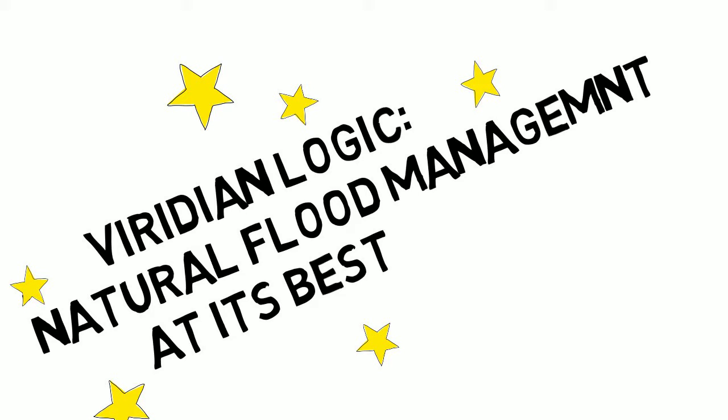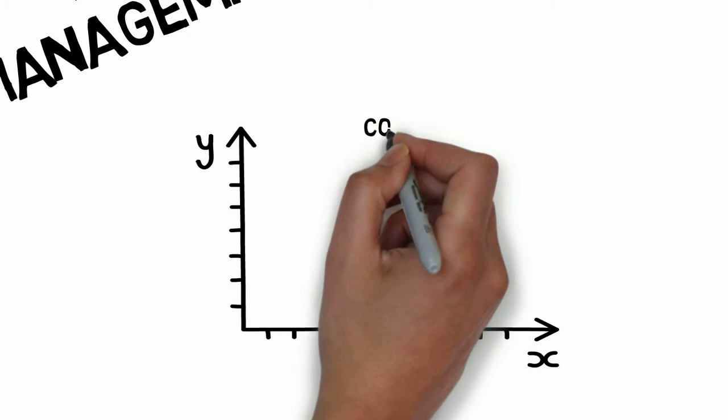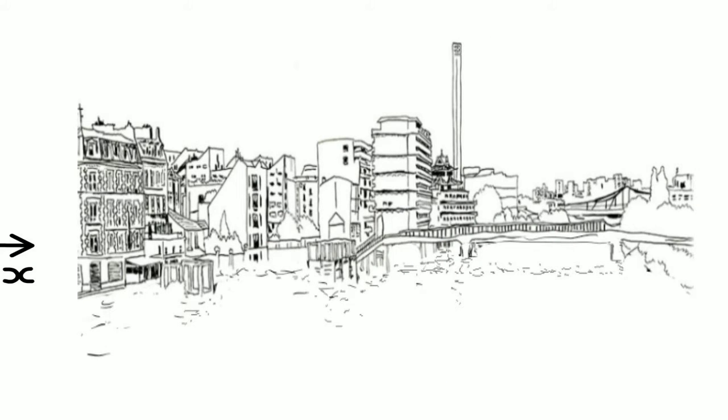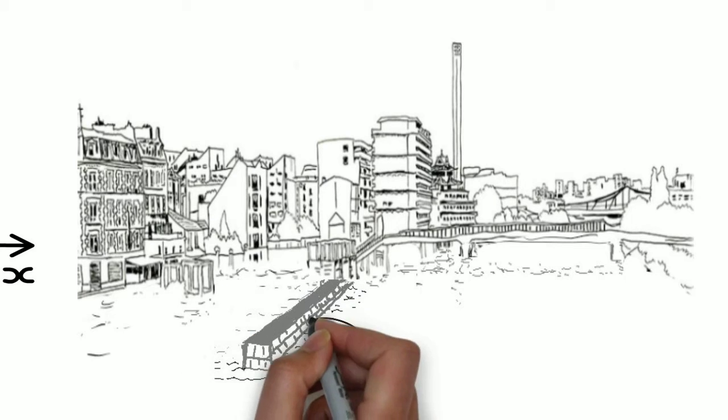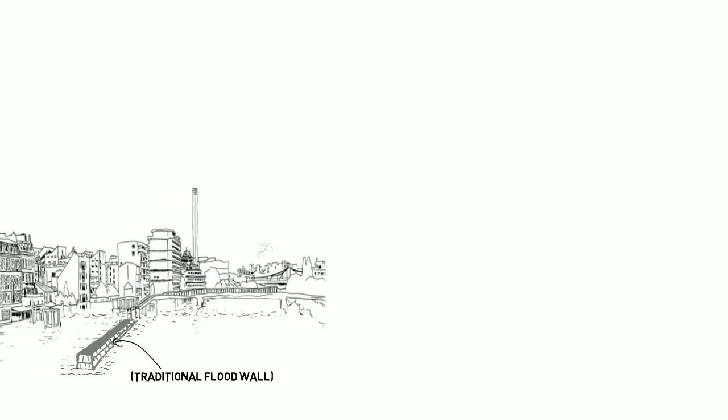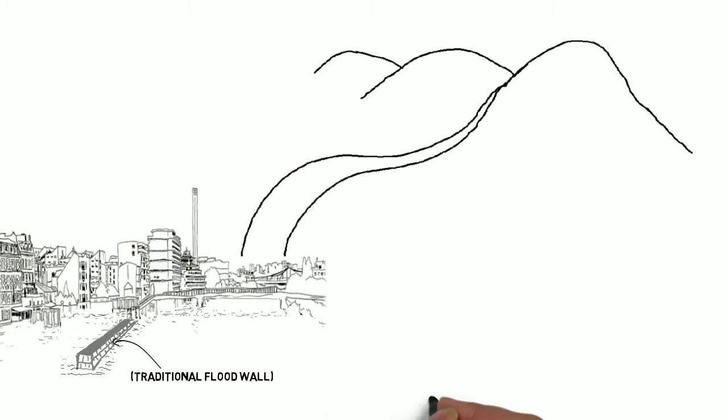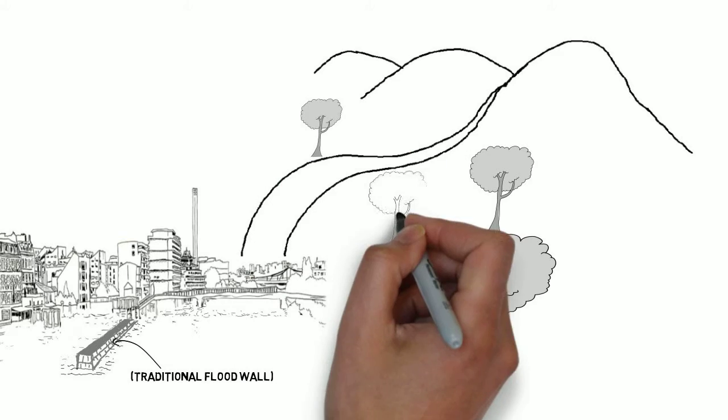Welcome to this introduction to Viridian's modelling for natural flood management. The climate is changing, causing ever more flooding that is ruining livelihoods and lives. Existing grey infrastructure, such as flood defence walls, can't cope. Research shows we need to integrate nature into the system, but at the moment there are only two main ways